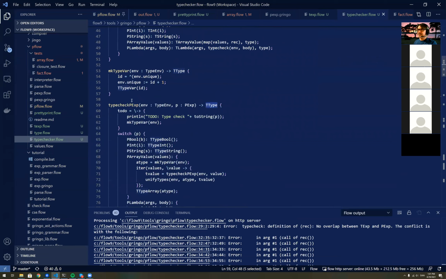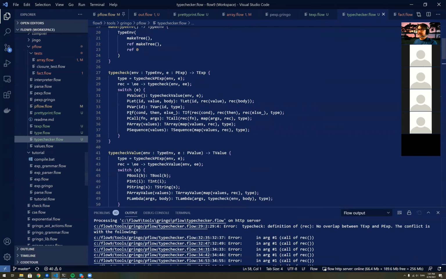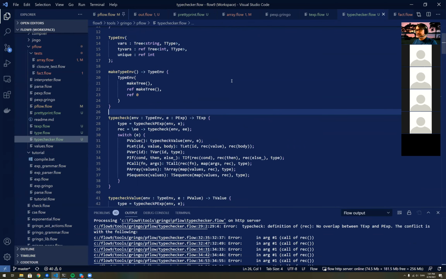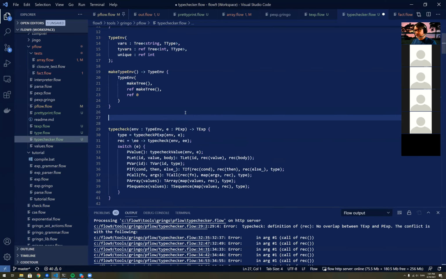What's the best way? I think the cleanest way is to change this, okay, we'll do a convert from P expression to T expression,